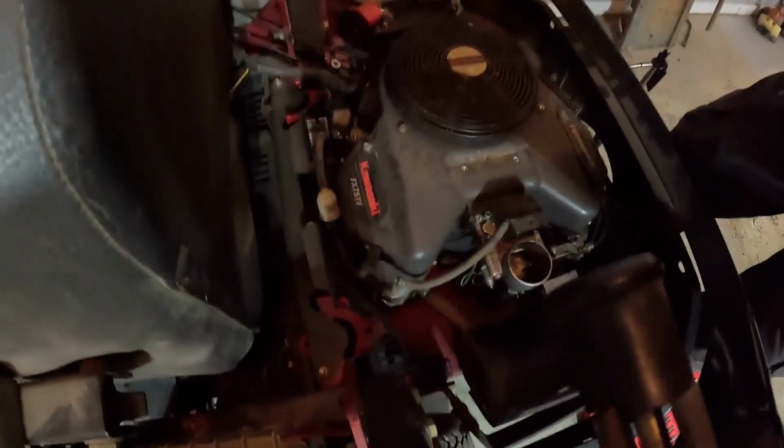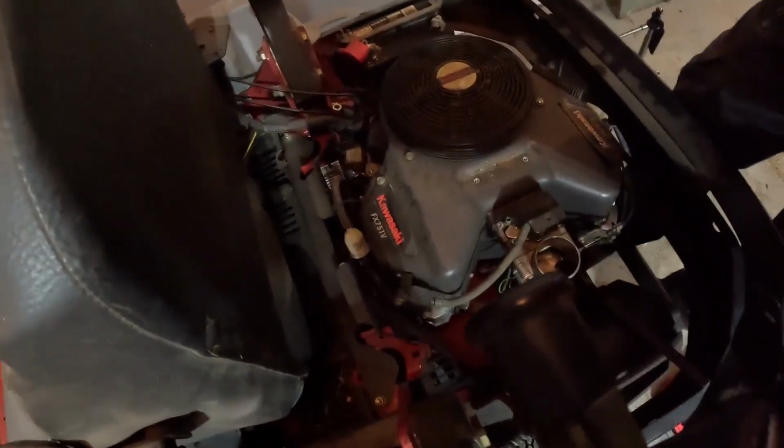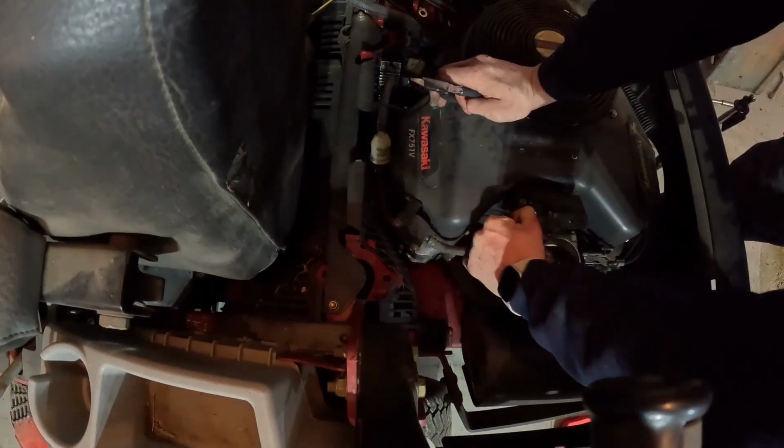See it better now that I moved it? Had one of these on it. They usually all do. So now, as long as there's no fuel in the engine, which also the fact that it's a fuel pump, I think I'll be fine with this. I think the fuel should not start overflowing if there's fuel in it, which I am assuming that there is